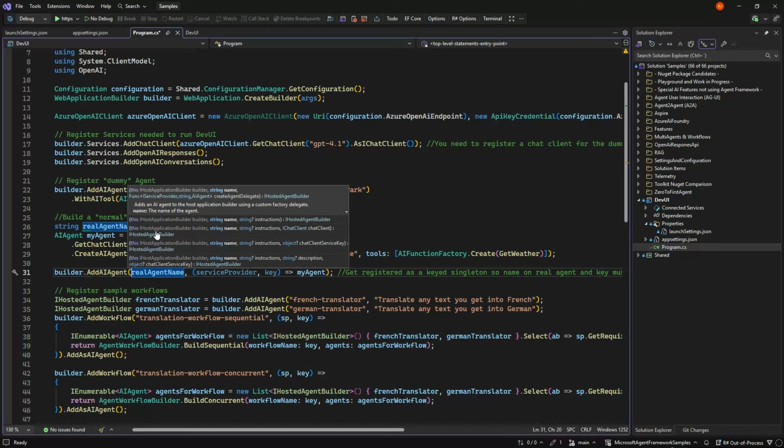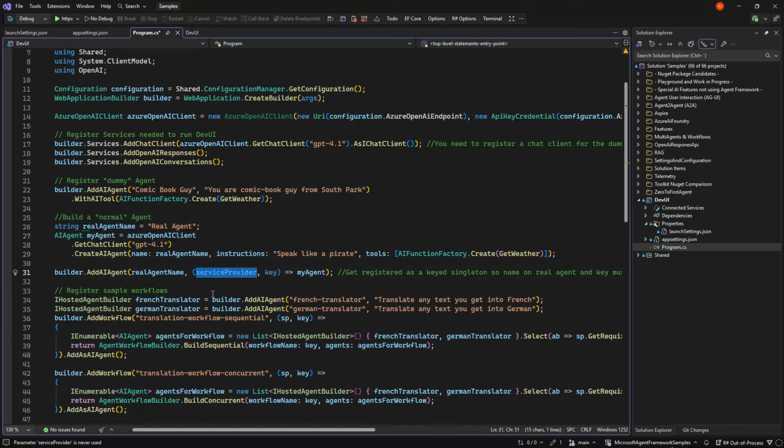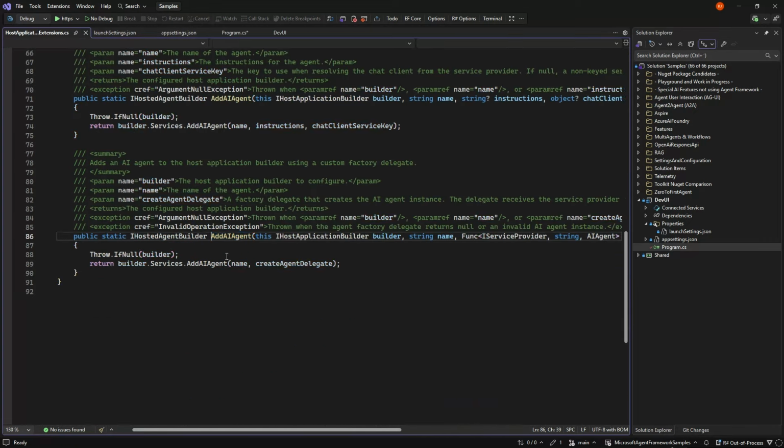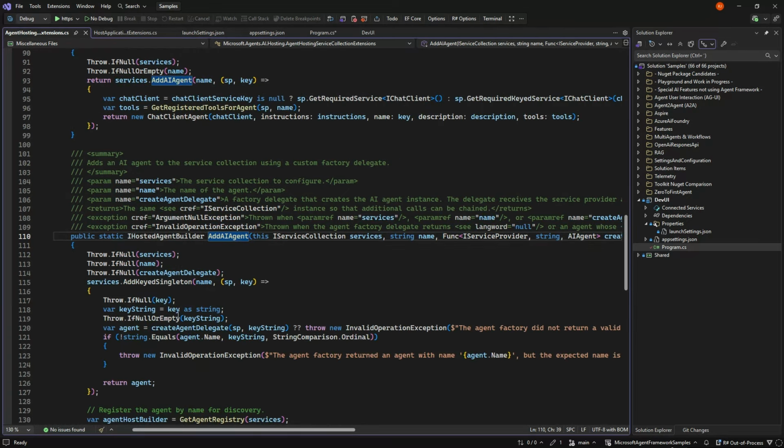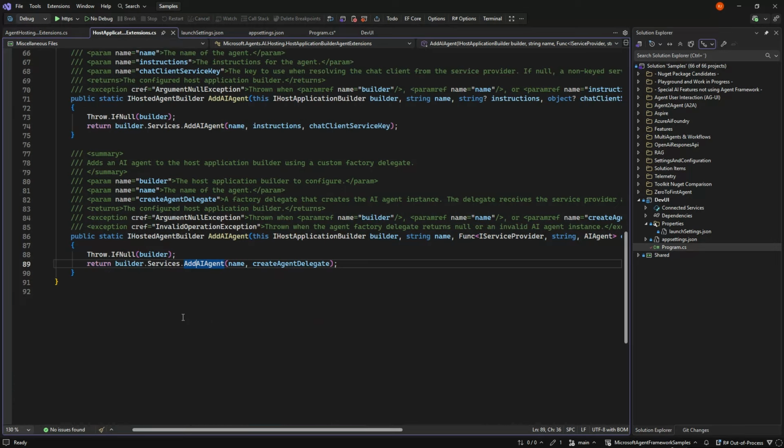Before we saw it just used name and instruction. Now we're actually using a name and a delegate in order to create the agents. So we get access to the service provider and we get access to the key. The reason for that is, behind the scenes, if we go into the code that they have written, it's just adding the different agents as keyed singletons, meaning we have the name to find the specific agent, and that's what's being used when we have the dropdown in the GUI.